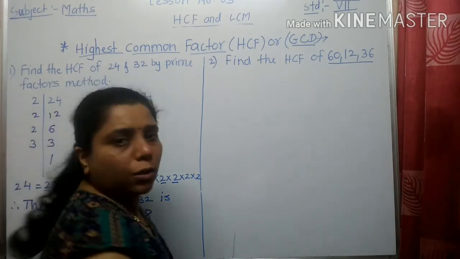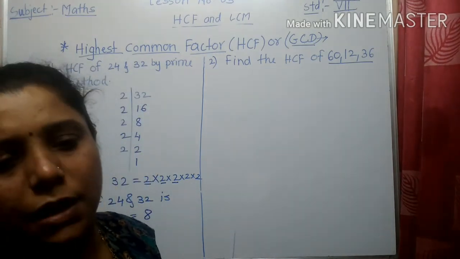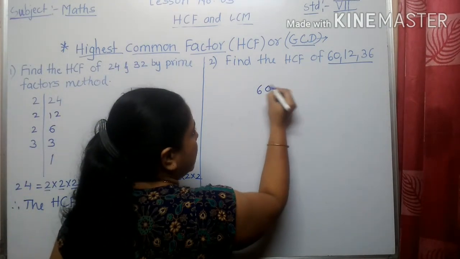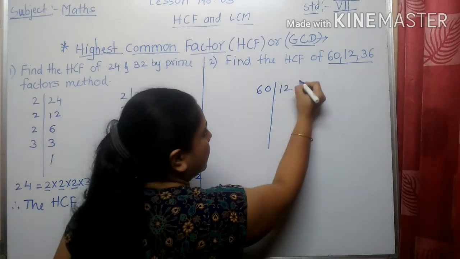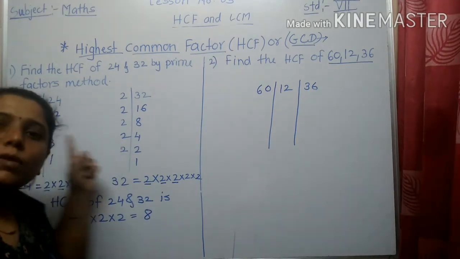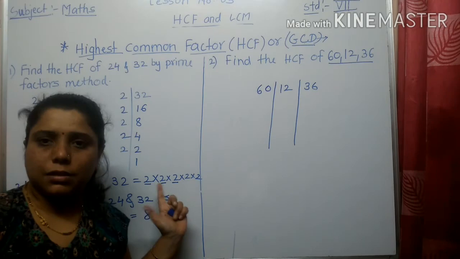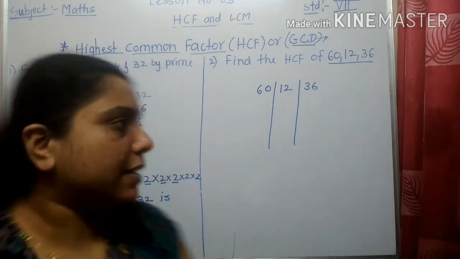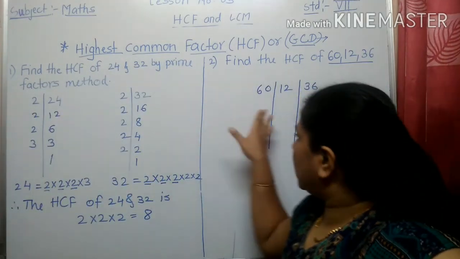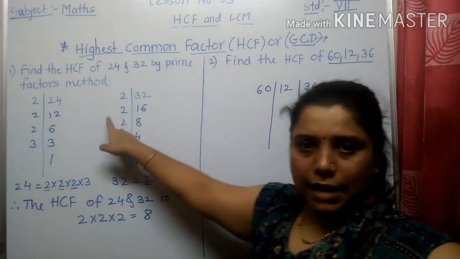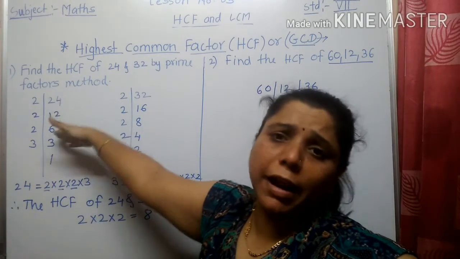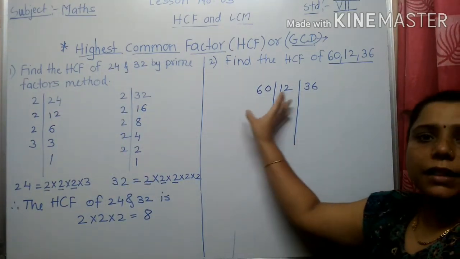Now see what I told you. Write down all the numbers in one line and find their factors. Now I am writing the numbers in one line only. Here we made separate prime factors of these numbers. In this case we are making them together. Understood? You are getting the difference between this example and this example. In this example, we make separate prime factors. Here you can take all together in one line.